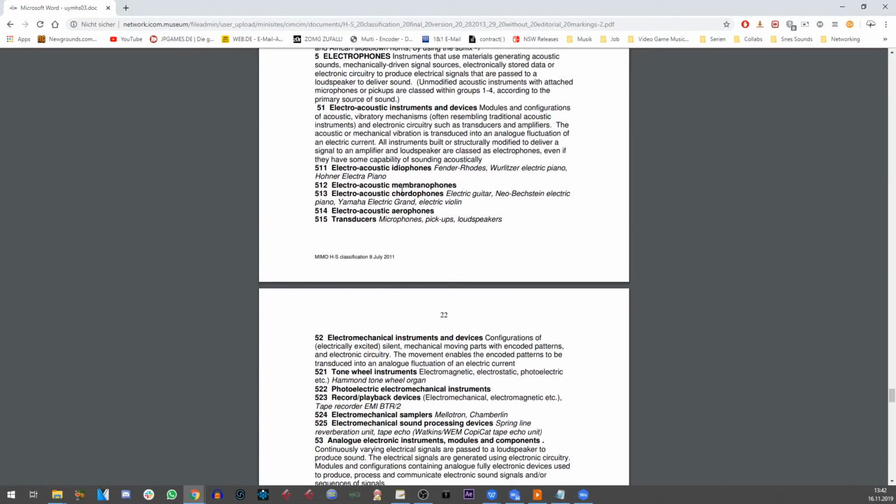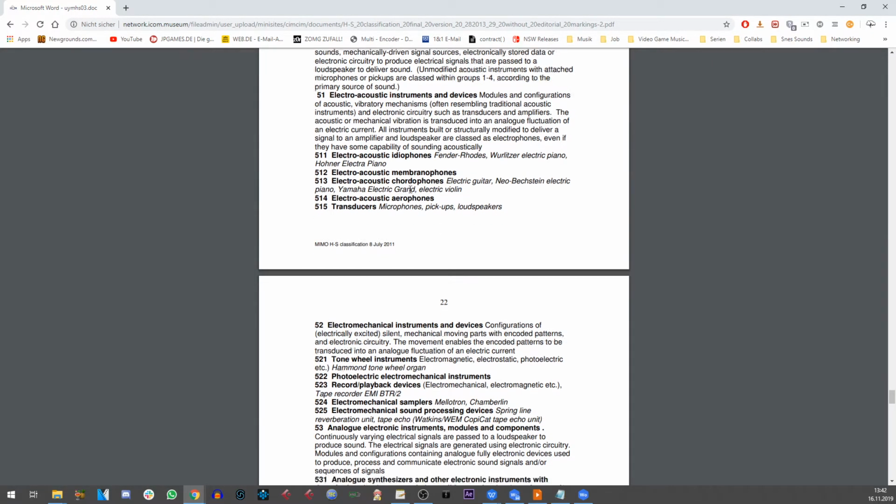It's an electroacoustic chordophone. There you go. Or the electric violin is also an electroacoustic chordophone. Chordophone, by the way, is like a guitar, it has strings, and you do something with those strings. So yeah.